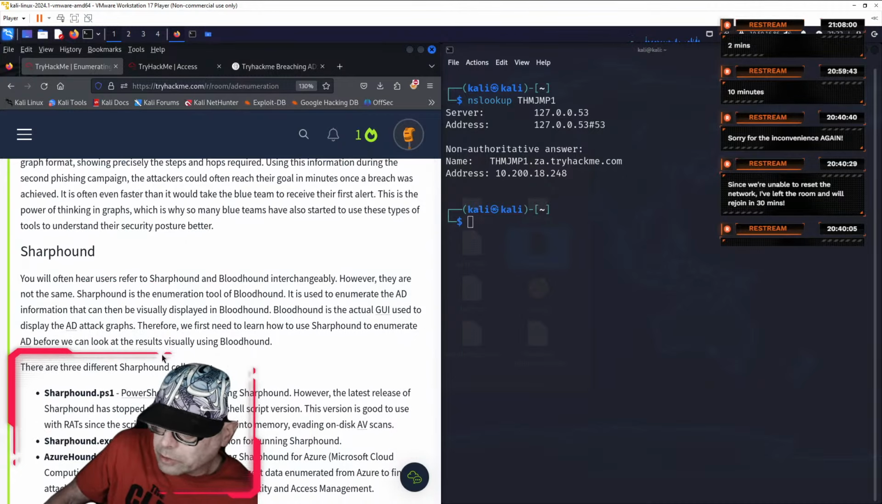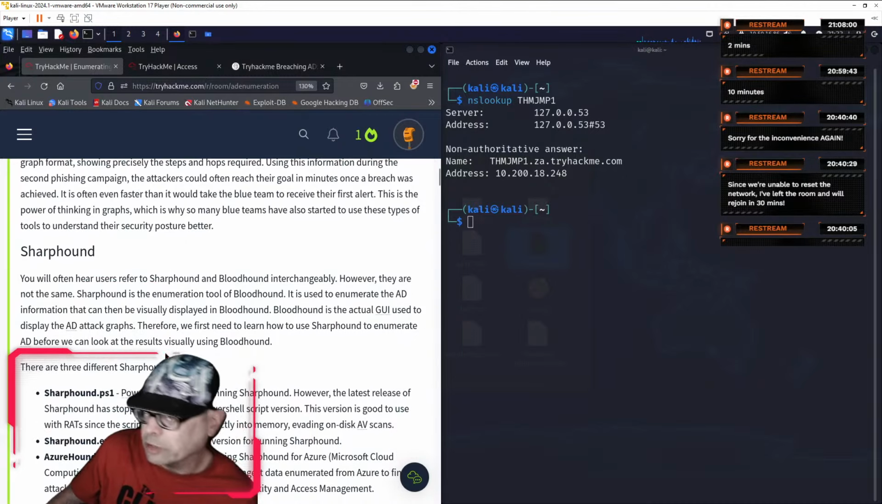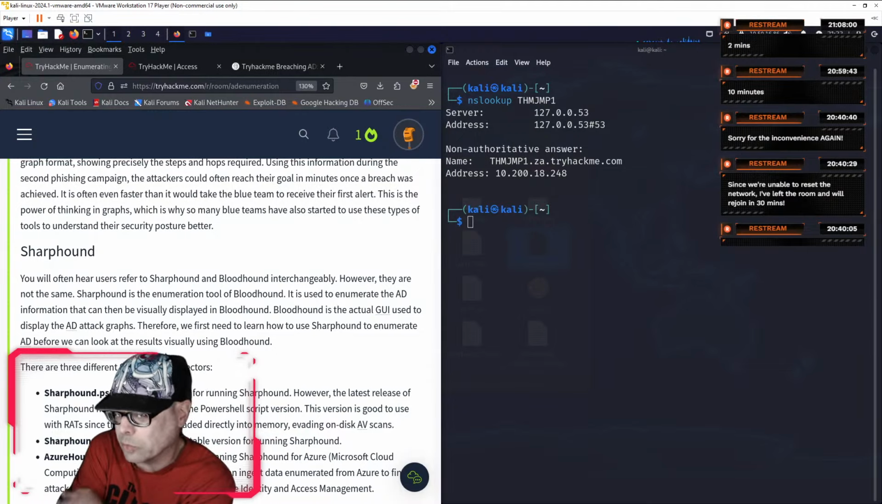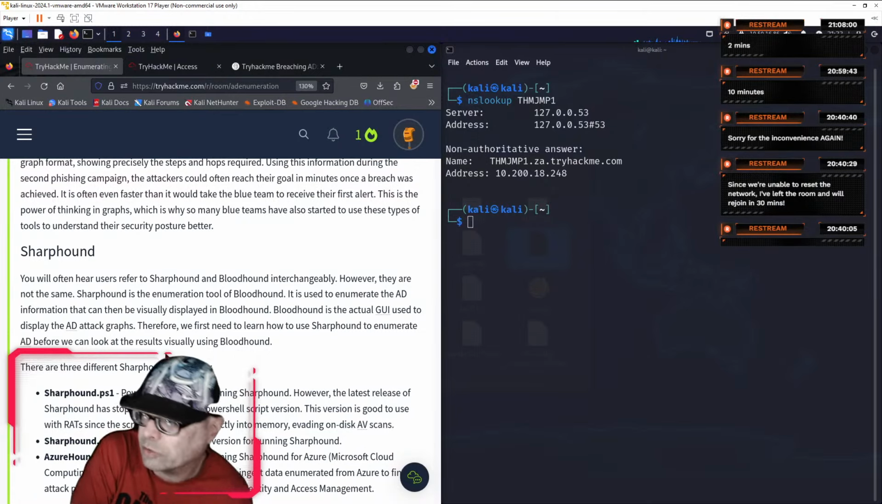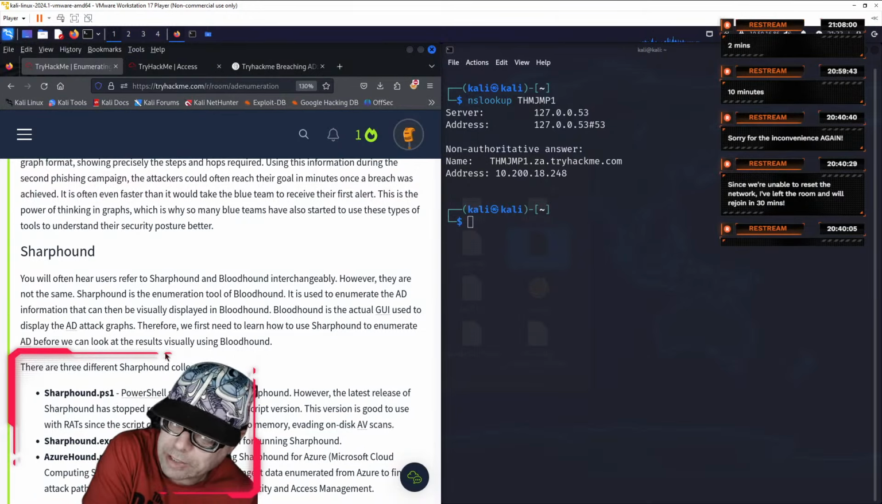SharpHound. You will often hear users refer to SharpHound and Bloodhound interchangeably. However, they are not the same. SharpHound is the enumeration tool of Bloodhound. It is used to enumerate the AD information that can then be visually displayed in Bloodhound. Bloodhound is the actual GUI used to display the AD attack graphs. Therefore, we first need to learn how to use SharpHound to enumerate AD before we can look at the results